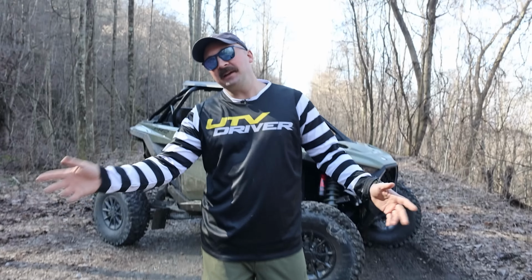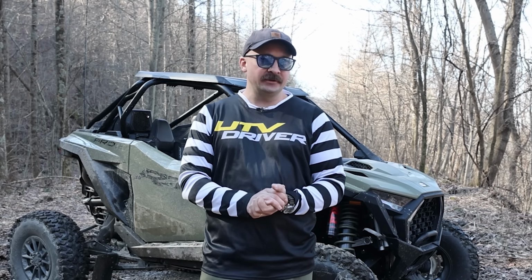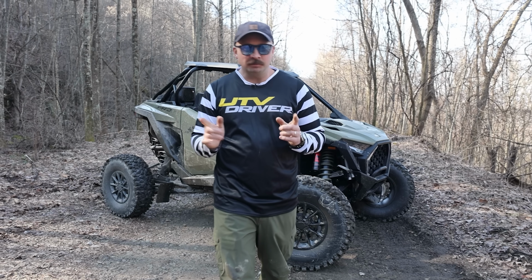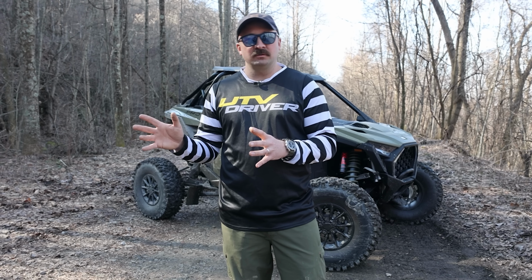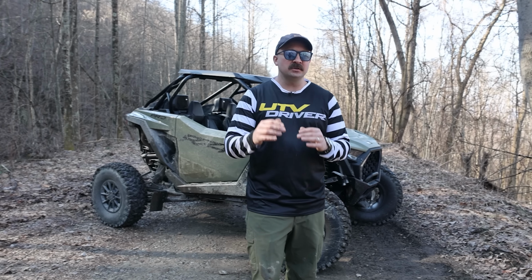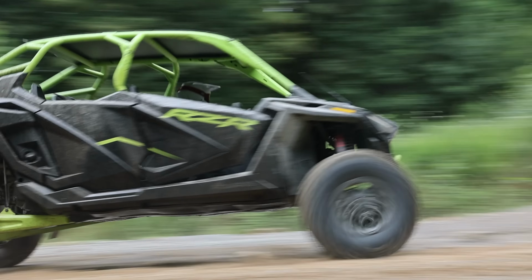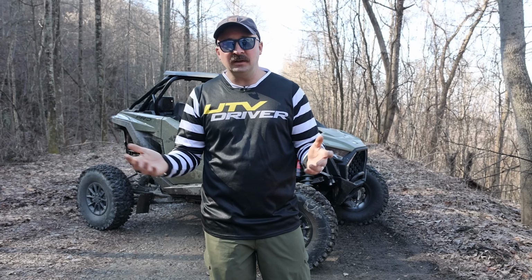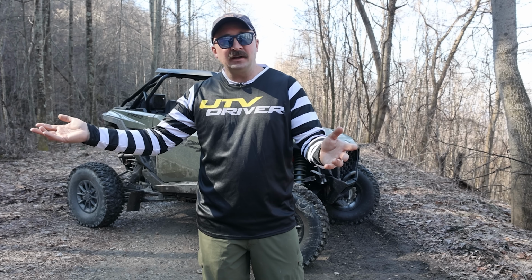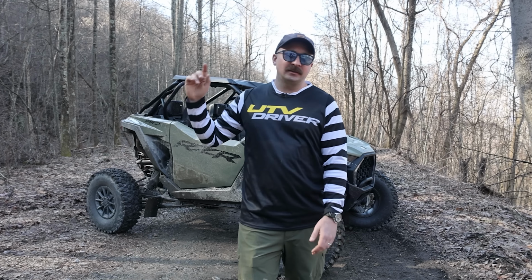So that's everything we love and hate about the 2025 Polaris RZR Pro S Ultimate. Time to talk about who this machine is for. And actually, Polaris gave us a cheat sheet when they released this. See, when they clarified the naming convention for the RZR Pro lineup, they also delineated what each machine in the lineup is for. The RZR Pro R, obviously, for those people who want to go out and go desert racing, or if you live in Phoenix and there's millions of miles of BLM land around you with wide open two-tracks and you can just put your foot to the floor and let those 225 ponies eat,